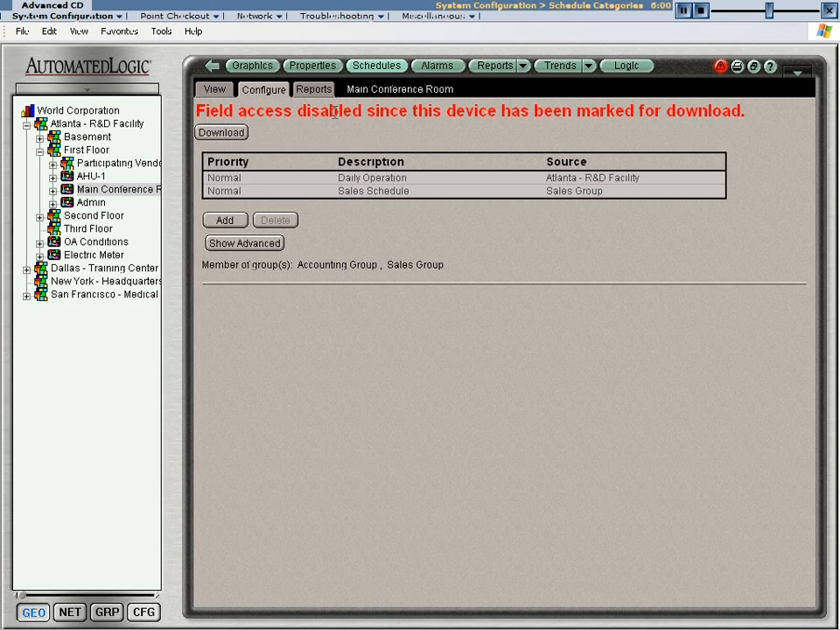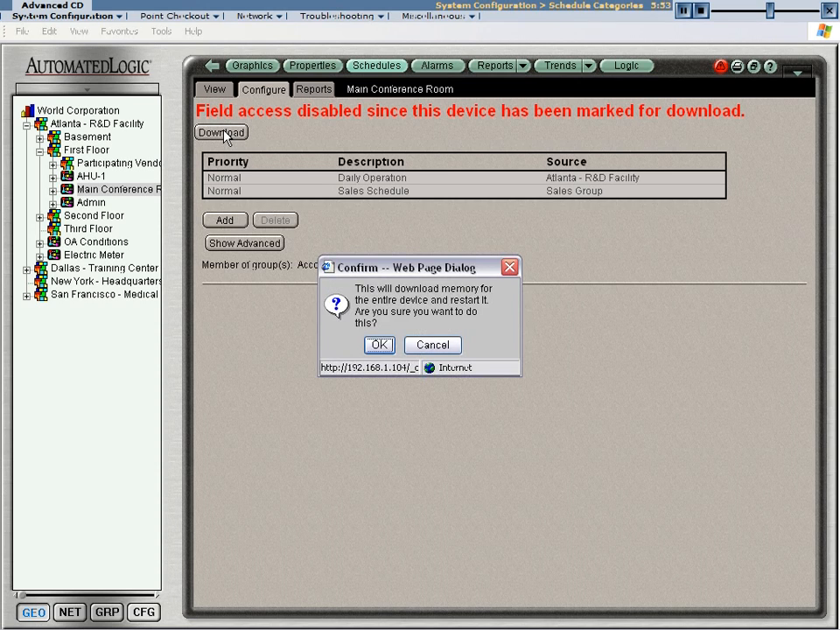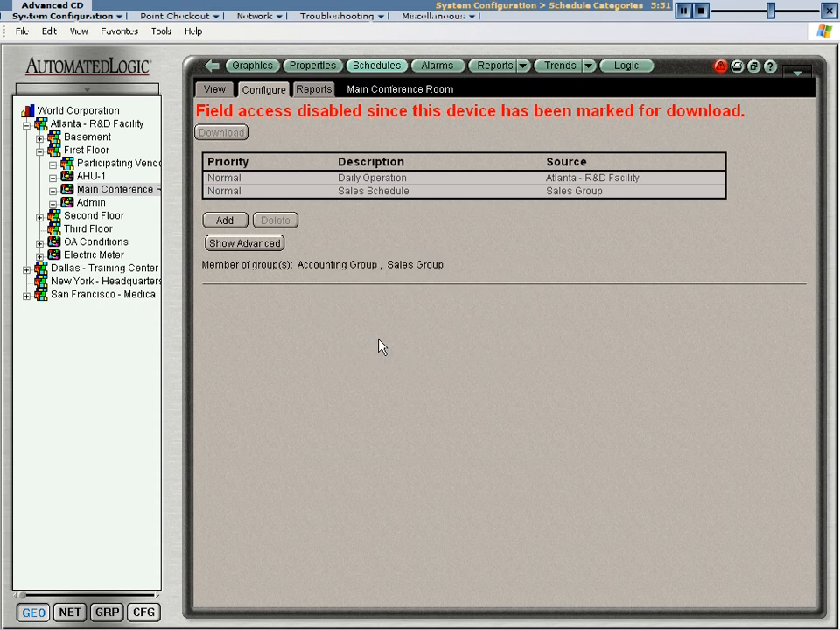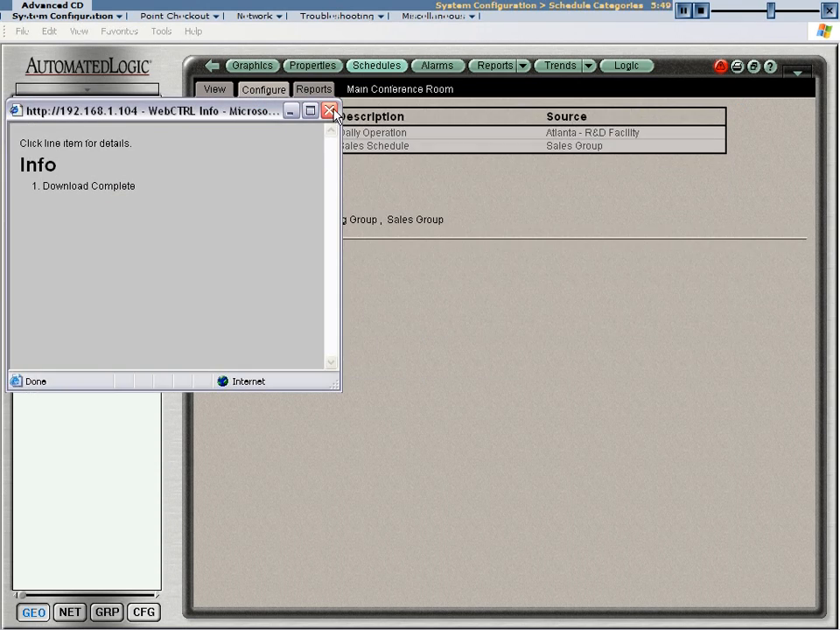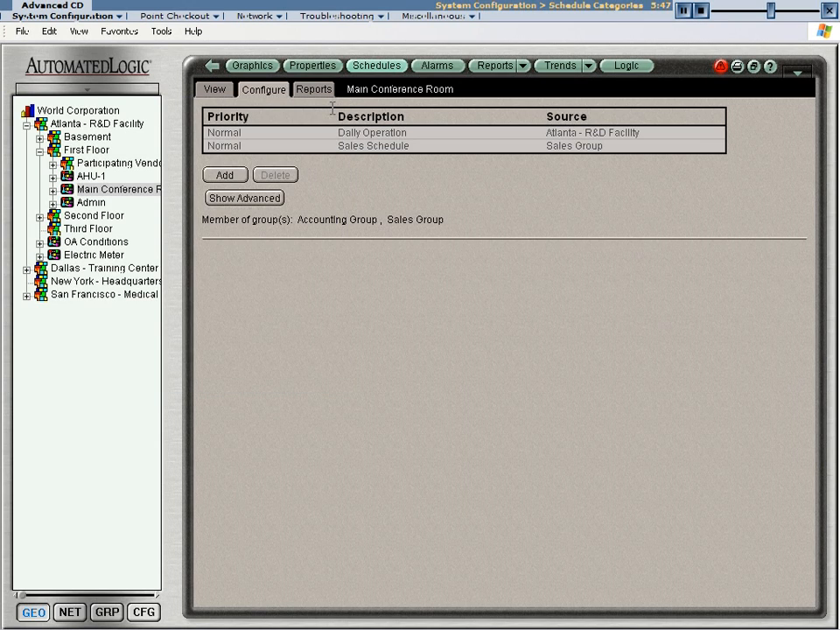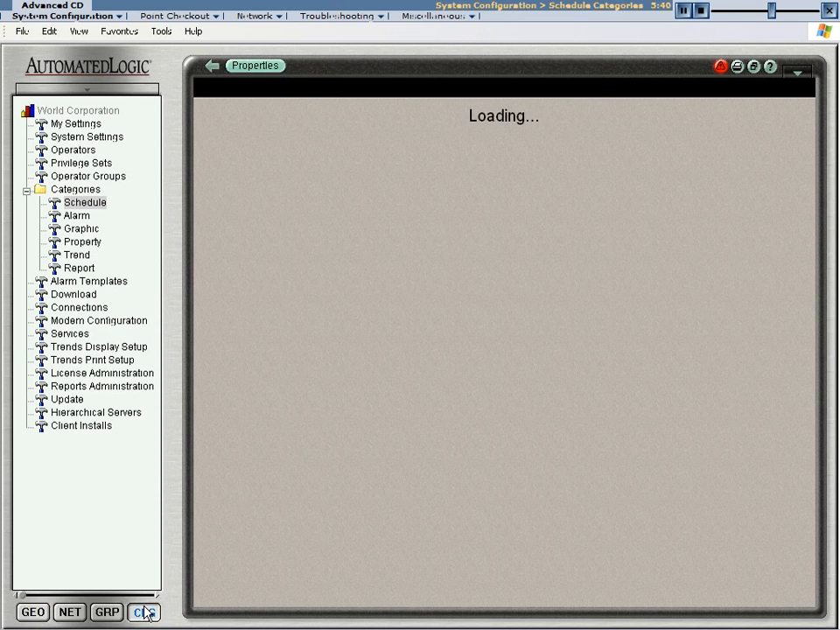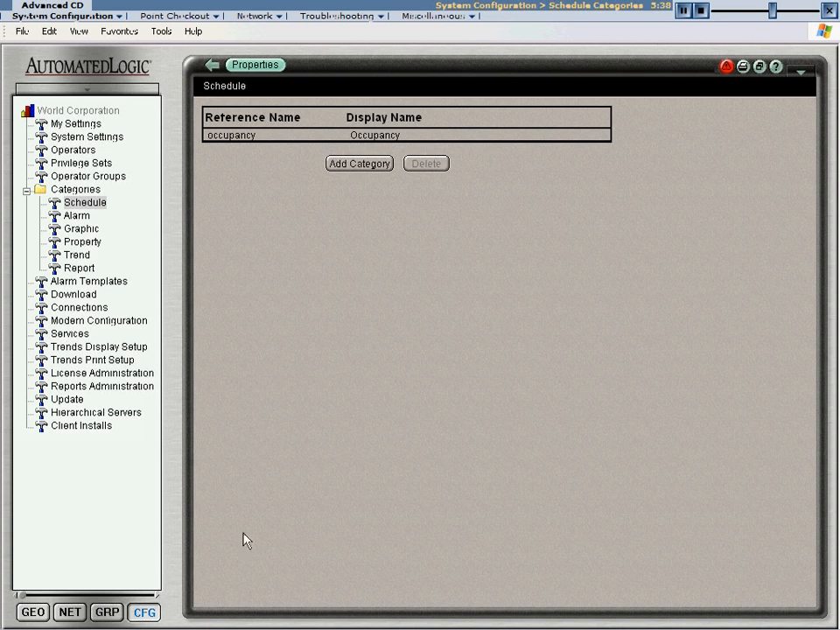Once the program has been reloaded, then click the Download button to download the program into the module. Now we need to return to the Schedule Categories page to define the new lighting category. Let's select Add